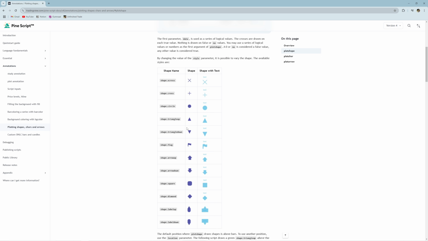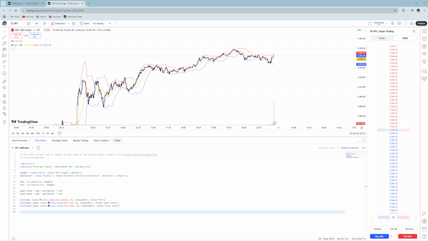So I'm going to add a triangle up and triangle down. You can also add text, and this is what it would look like. So you can put labels to buy or sell. We're just going to use the triangle. So to do this, what we're going to do is, instead of plot, you do plot shape. And inside of here, we are going to